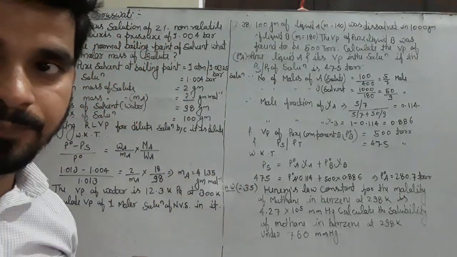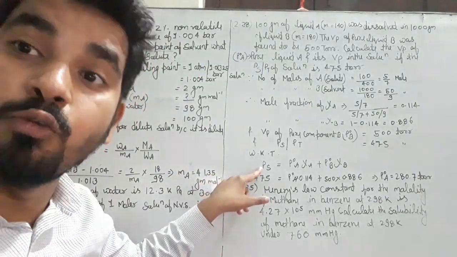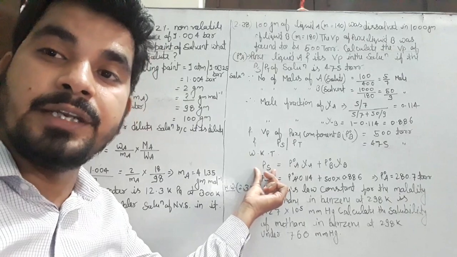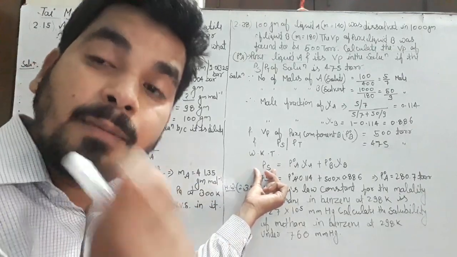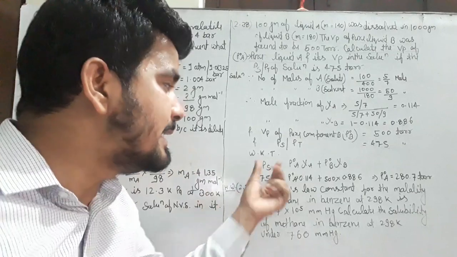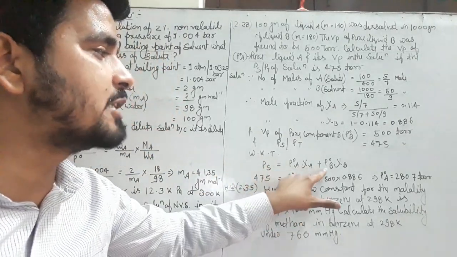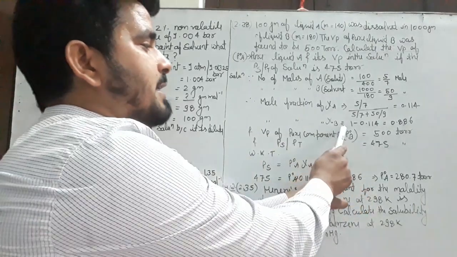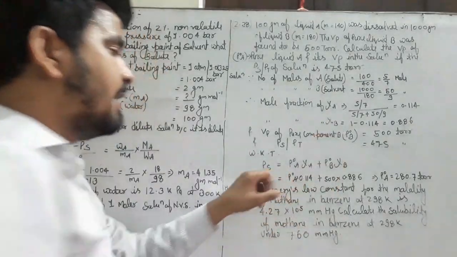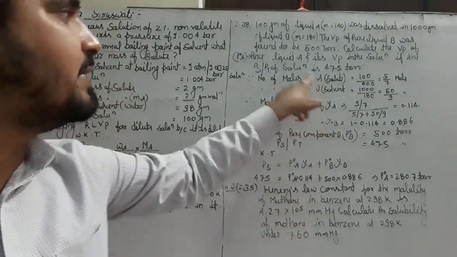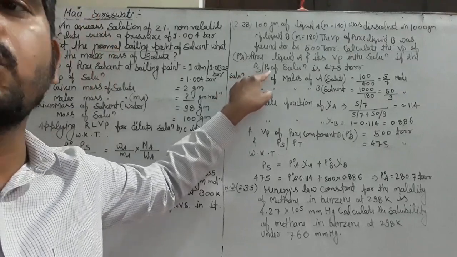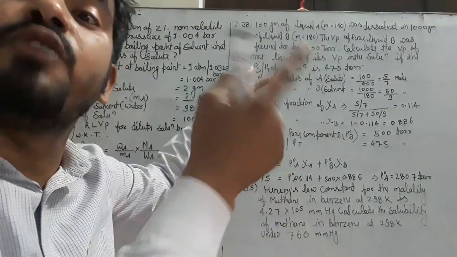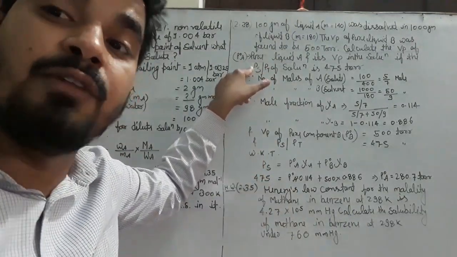So we know one formula, which we have already studied from Raoult's law and Dalton's law of partial pressure. What is Dalton's law of partial pressure? The pressure of the solution must be equal to the sum of the partial pressures of each component. It means Ps equals P naught A xi A plus P naught B xi B. We have P naught B, we have found xi B here, we have found xi A here, and P naught A we have to find out. PT means total pressure and PS means pressure of solution, so both are the same. Even PM, meaning pressure of mixture, will also be the same.